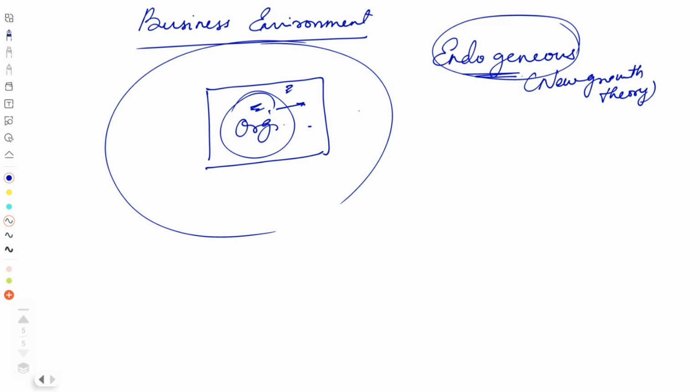Then the Solow model of economic growth says that changes in the population growth rate, the rate of technological progress, and the savings rate change the level of output. So that is the neoclassical growth theory. If you get a question on neoclassical growth theory, then you have to write the Solow model of economic growth, where it says that changes in population growth rate, rate of technological progress, and savings rate will change the